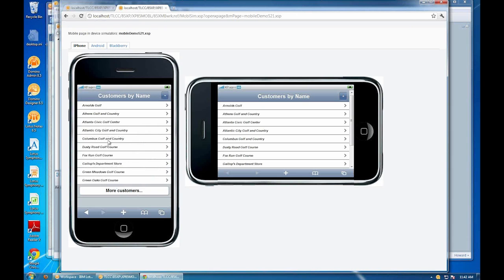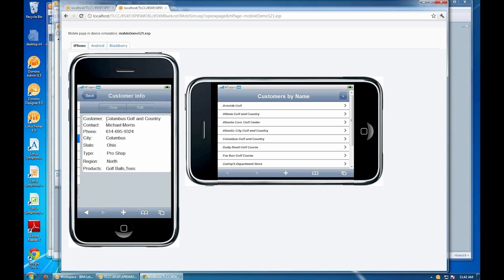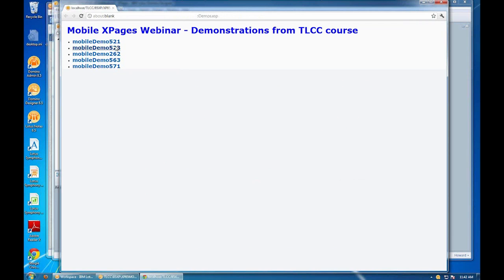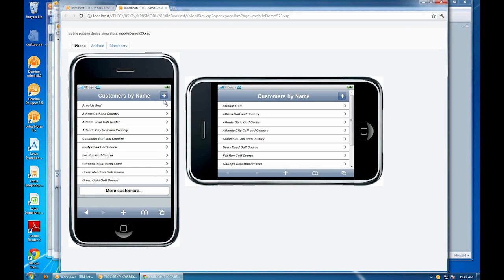Or I can cancel or close, which does the same as the back button. But one thing that doesn't look good is this plus sign in the button. It's just kind of ugly. It's kind of small. So let's look at, just give you a real quick, one of the possibilities is we